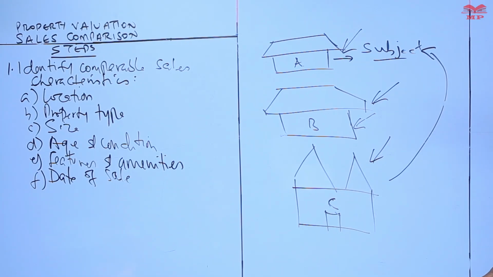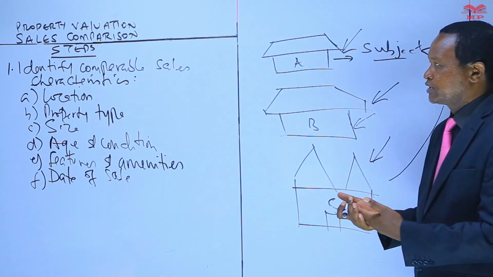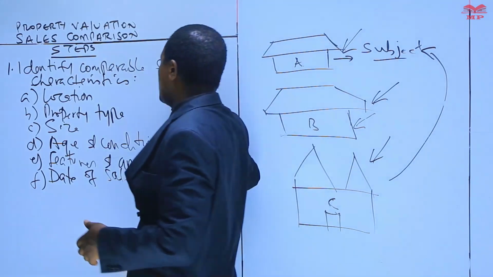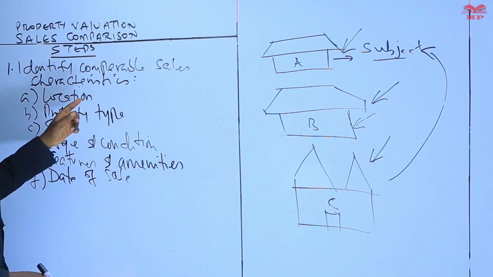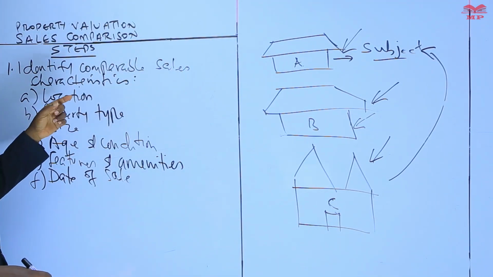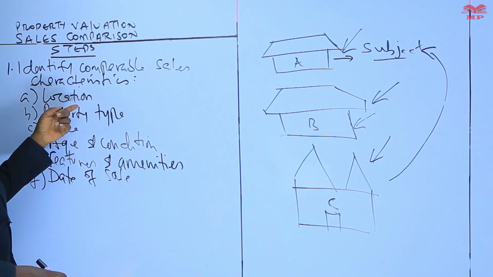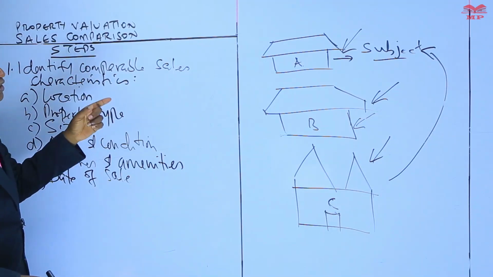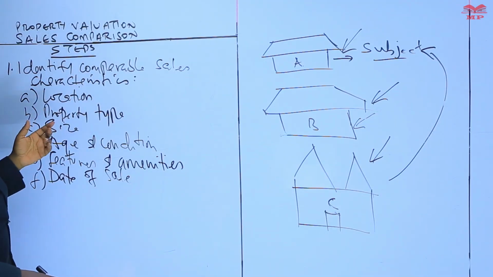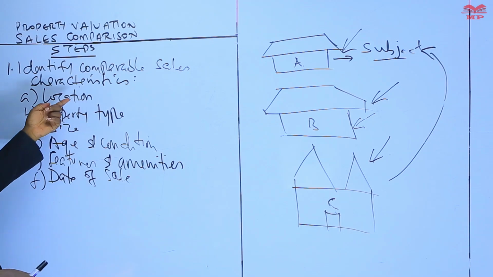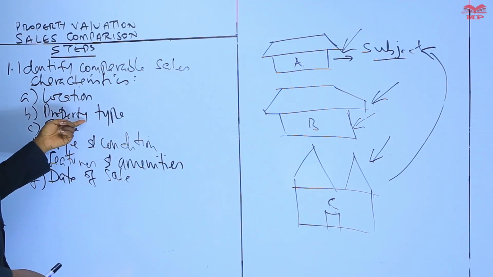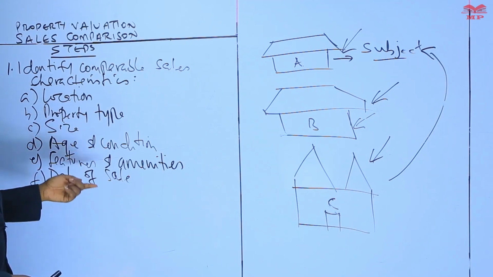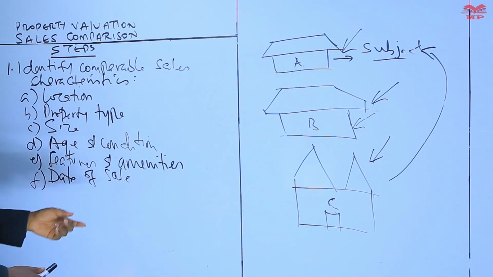The first and the most important step is to identify comparable sales. And these sales or properties should have characteristics similar to those of the subject property. So the key characteristics are the location, property type, the size, the age and condition, features and amenities, and